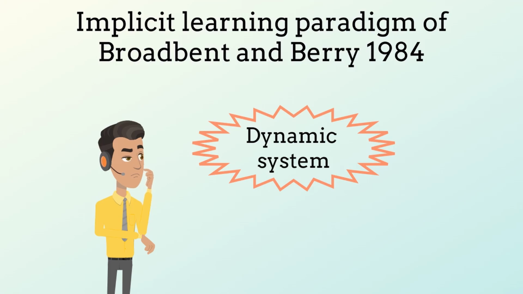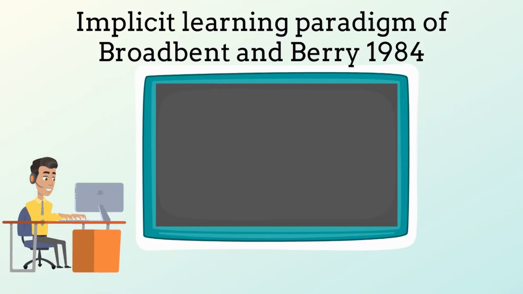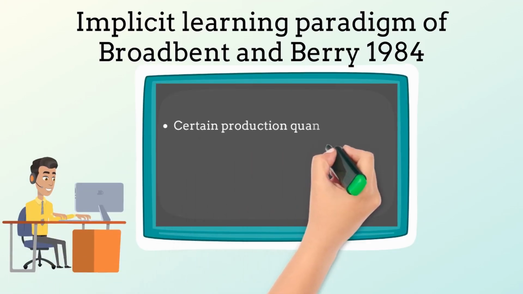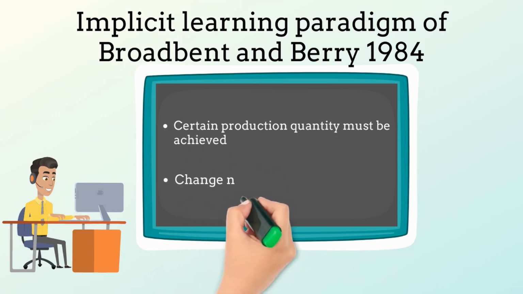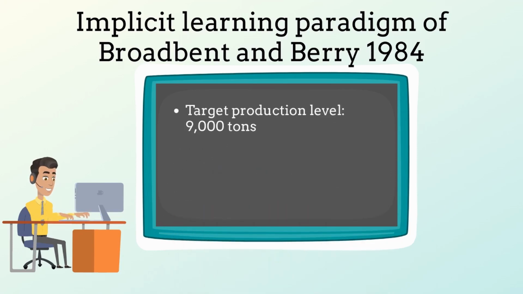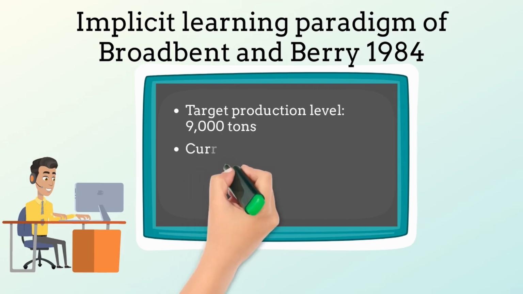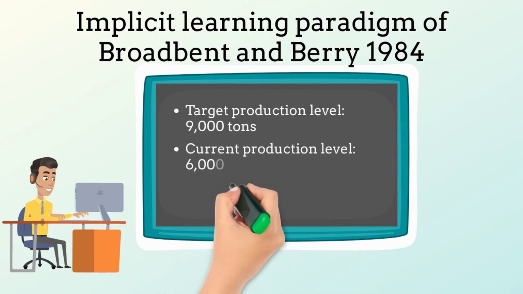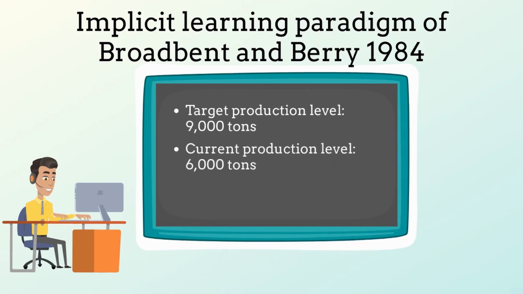Here, the learners were asked to adopt the role of the manager of a sugar factory. Their task was to achieve a given production quantity, whereby they were only able to put the number of factory workers. This learning task was embedded within a computer simulation. In each learning trial, on the computer screen, a number for the current production quantity was presented. Then, the task of the subject was to increase, decrease, or maintain the number of workers to reach a given